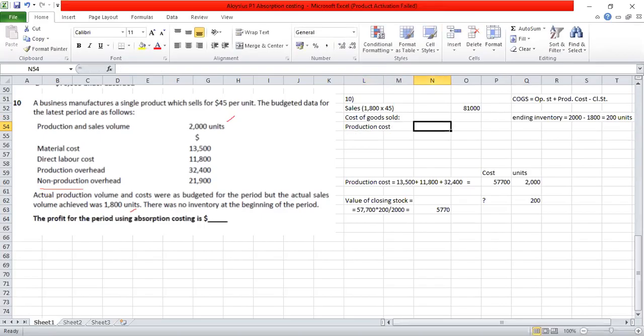Production cost, we got it as 57,700, less closing stock. Closing stock is 5,770. So the cost of goods sold is